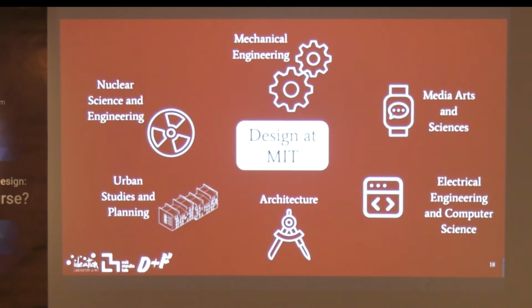So as I mentioned, we looked at 6 key departments. These were mechanical engineering, nuclear science and engineering, urban studies and planning, architecture, electrical engineering and computer science, and media arts and sciences. And the way that we chose these is a combination of areas where our research team had expertise, but we also wanted to make sure that there was a variety of types of design encompassed, both for hardware and software, large-scale social technical systems, products, different definitions of design in each of these disciplines, so really thinking about design very broadly.